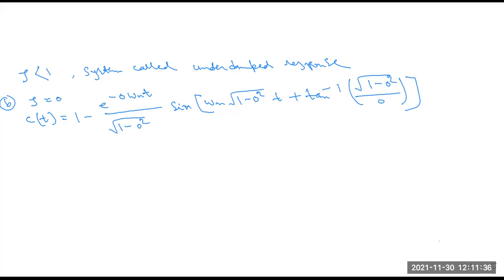It is clear, all of you. So first we solve when zeta is less than 1, but not 0. That system is called the underdamped system or underdamped response. And when zeta is 0, we have to solve the equation where the value of zeta is 0. So that's why e to the power minus 0 times omega n t over root of 1 minus zeta square. In these patterns we have to write it.